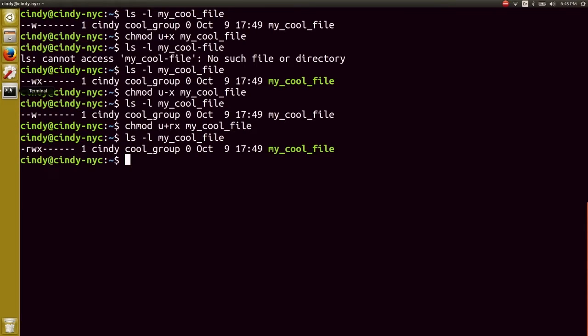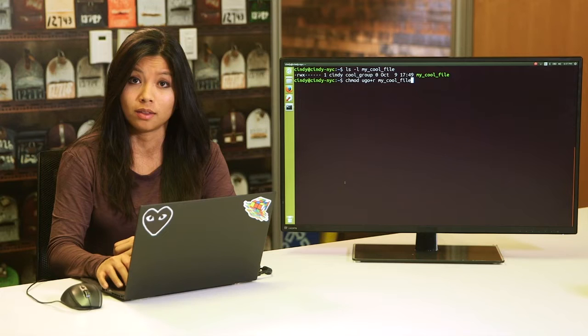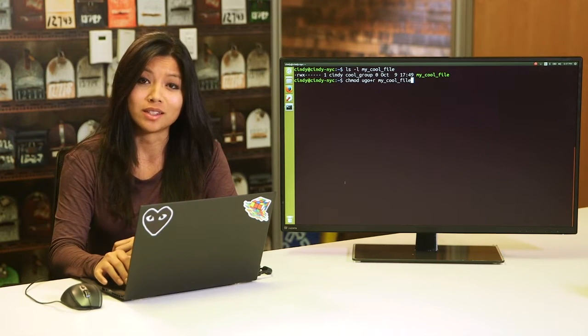This is saying we want to add read and execute permissions for the owner of my cool file. And you can do the same for multiple permission sets. You could do chmod ugo+r my cool file. Now this says we want to add read permissions for our owner, the group the file belongs to, and all other users and groups. This format of using RWX and UGO to denote permissions and users in chmod is known